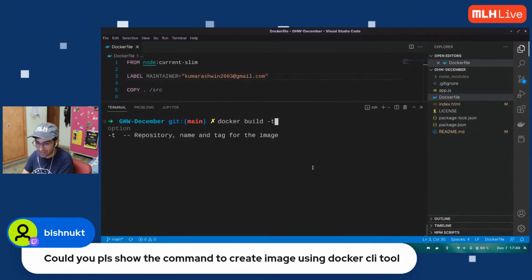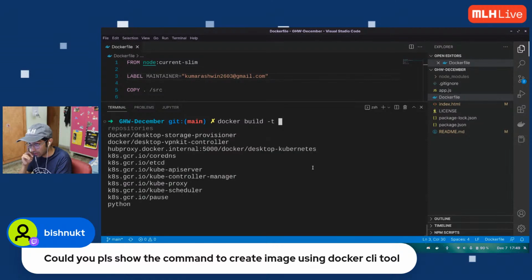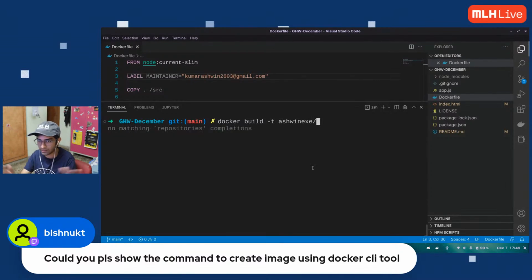tag. I'm going to add a tag that is where I want to build the image. That is my repository, my username, my Docker Hub username, followed by the name of my image. Could be anything. I named it GSW, colon, followed by the version number of my Docker image. So 1.0, 1.1, whatever you like. So this is the command. Make sure you're logged in with Docker Hub in your CLI.